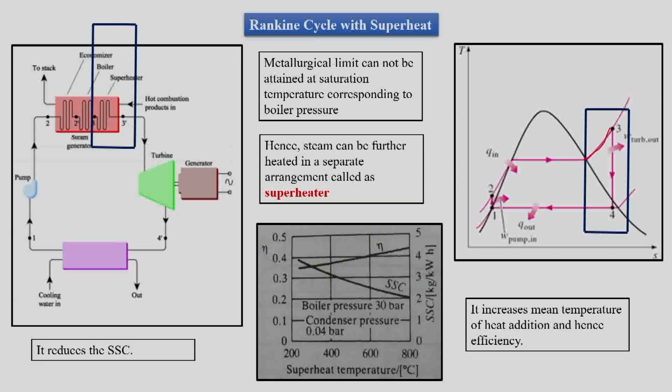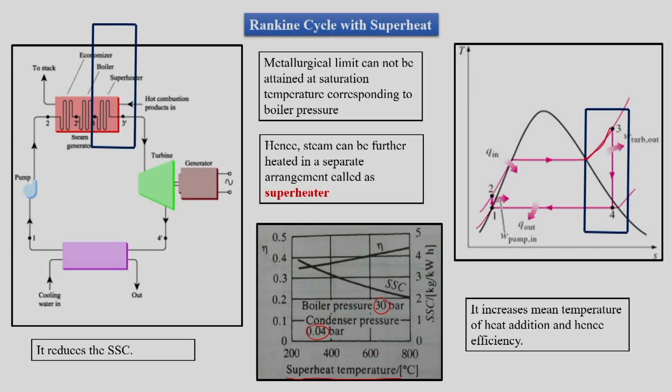We have reduction in specific steam consumption. This is how, for the previous example, if we would have added superheat, then we would have thought that the specific steam consumption would decrease like this for the given boiler pressure of 30 bar and condenser pressure of 0.04 bar, that efficiency would increase like this and specific steam consumption would decrease like this if we would superheat